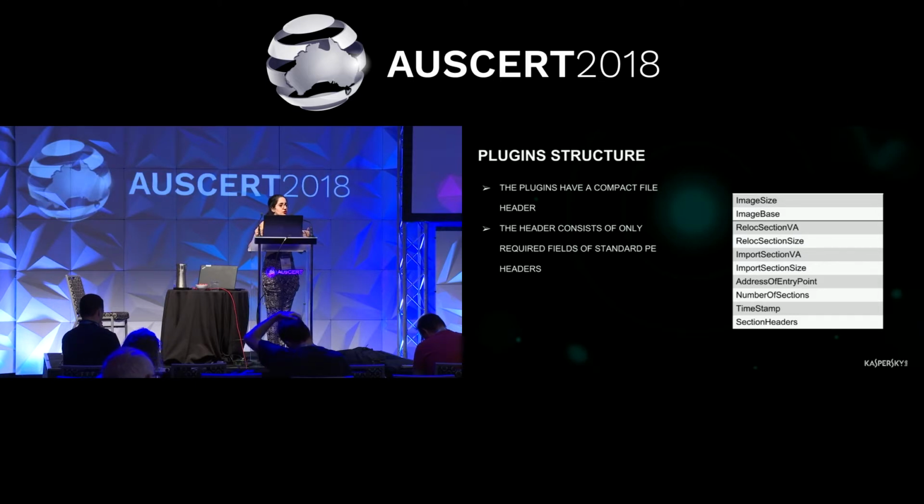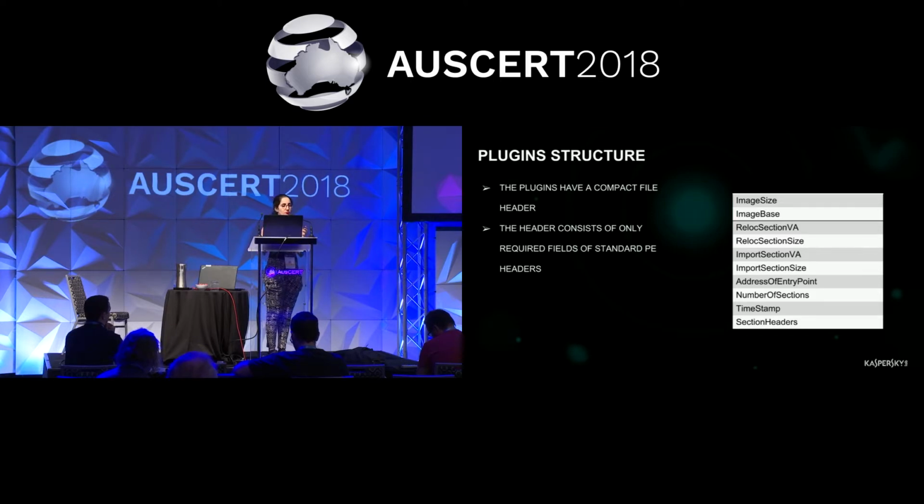The custom structure of their plugins is somehow similar to the standard PE structure, but the header was different. There are lots of fields in the PE header for the standard PE structure, but the attackers removed all the unnecessary fields, and they just made a very compact header for the DLLs,